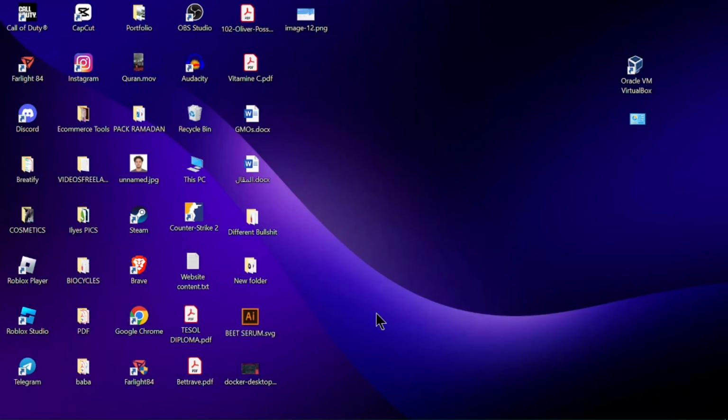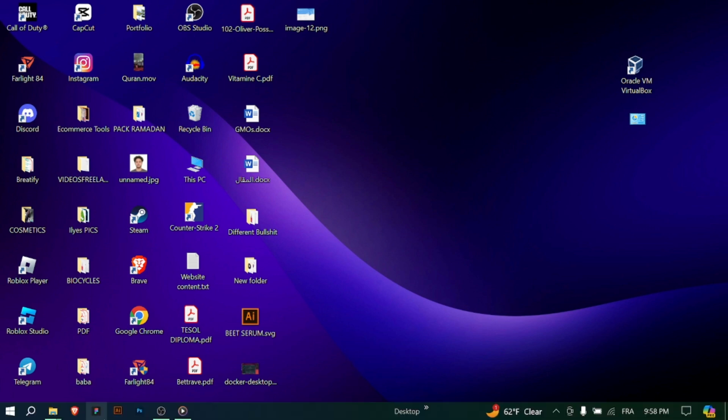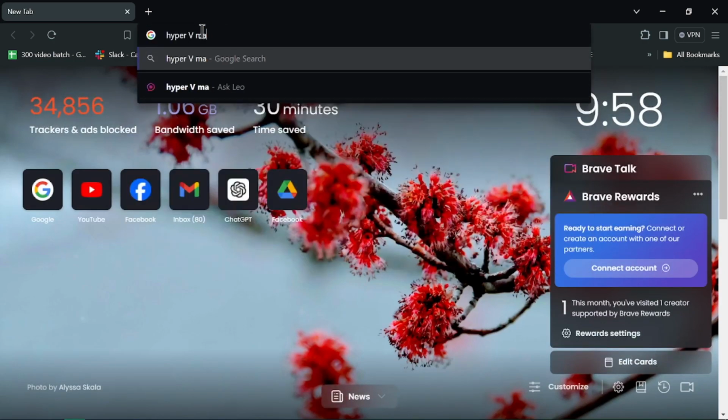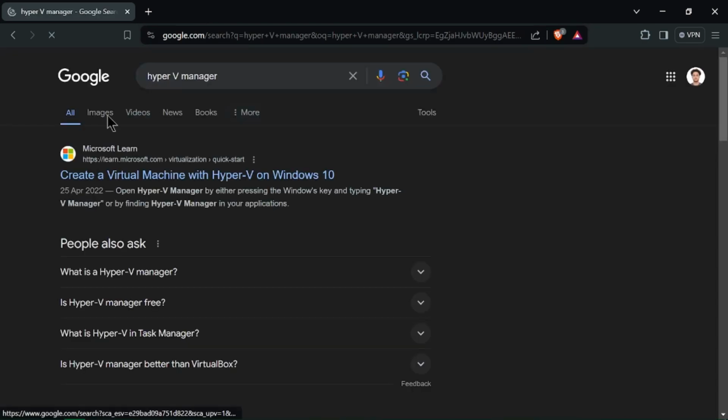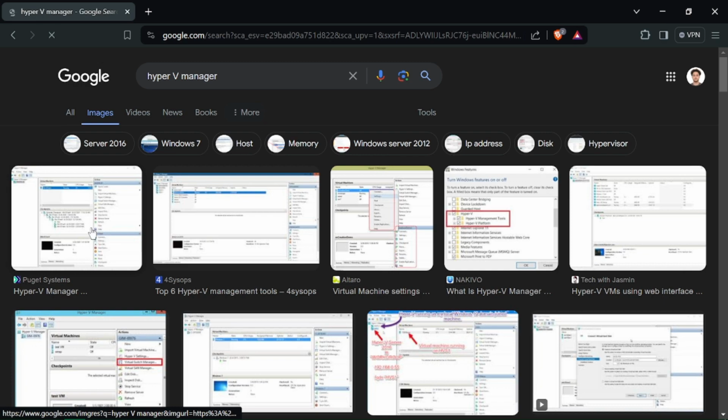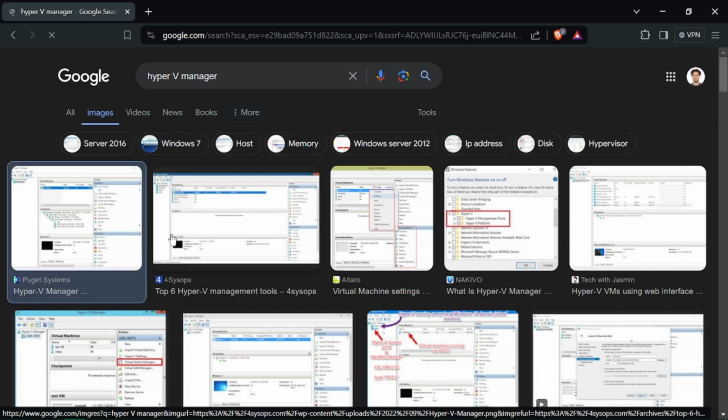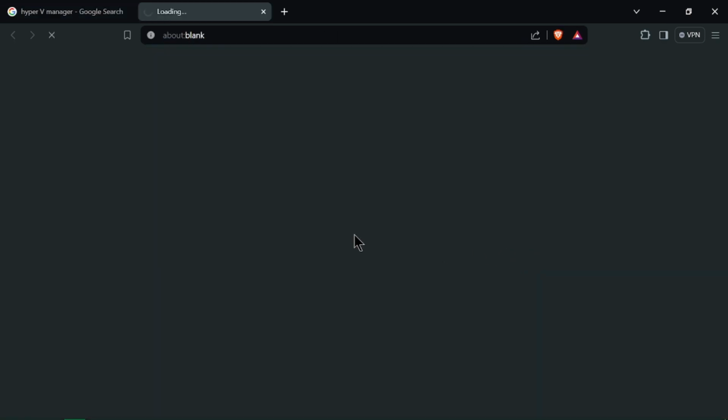Click New and Virtual Machine to start the creation wizard. Give your virtual machine a name, allocate memory and storage, and choose an operating system you want to install. Follow the on-screen prompts to complete the setup. Once created, right-click your virtual machine and select Start. This boots up the virtual machine just like a regular computer, with its own operating system running within a Windows